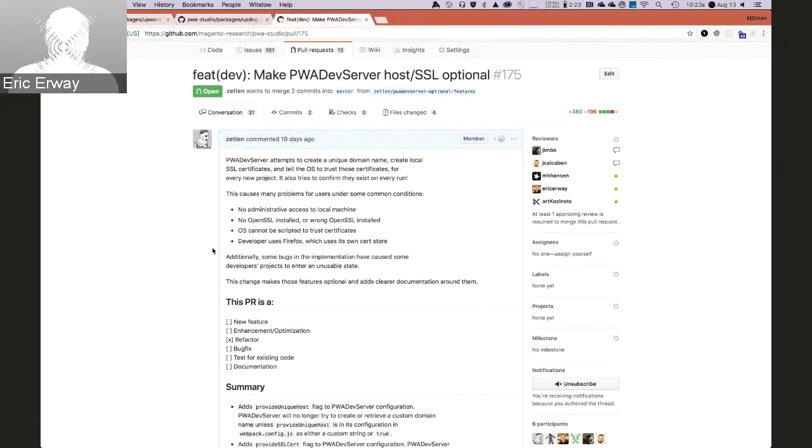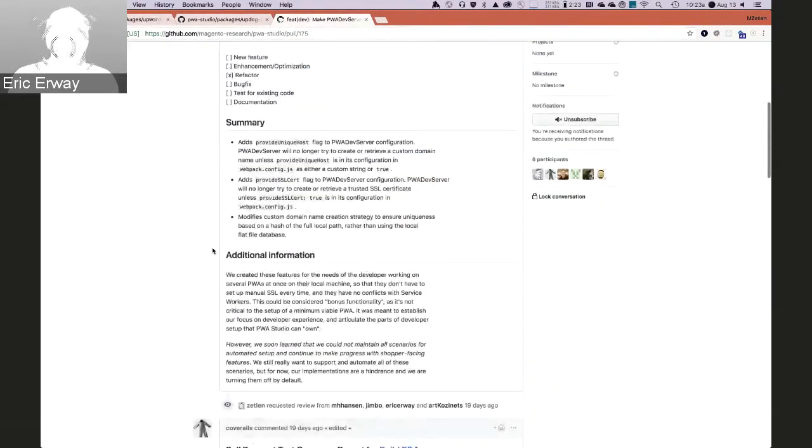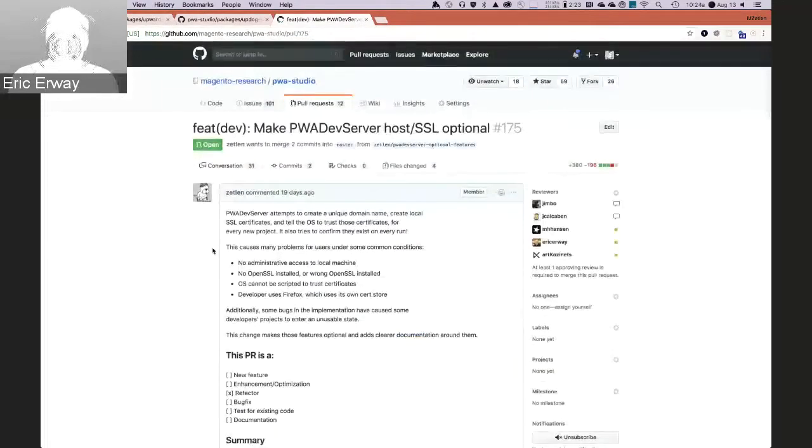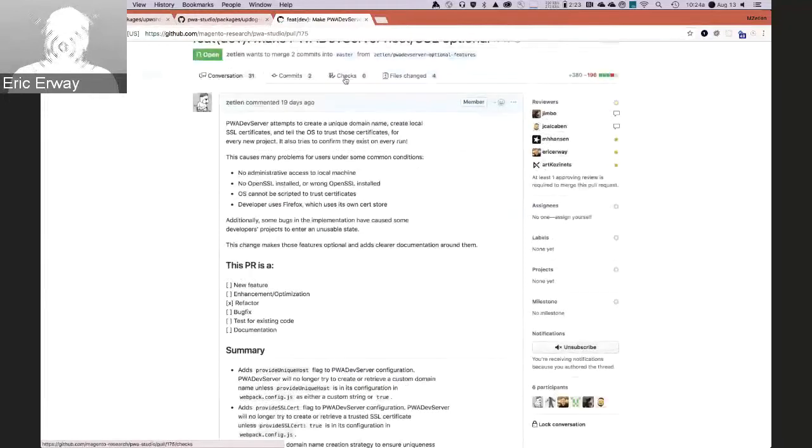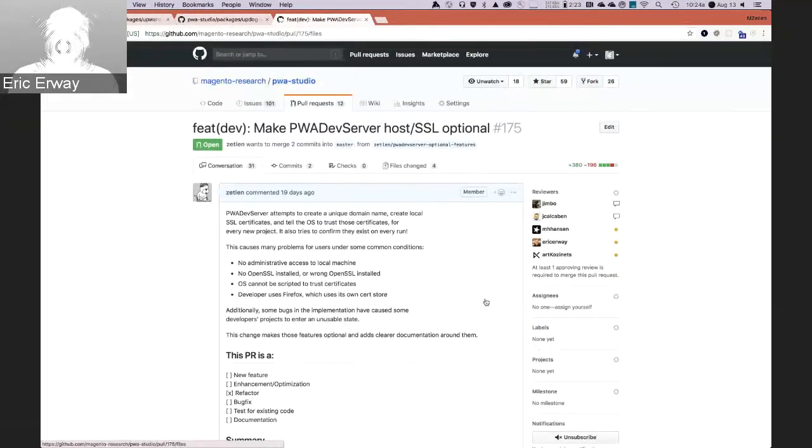And in this pull request, not only do we make those things optional and turned off by default, but we also have much more consistent documentation regarding it. Okay, let me see if there's some README stuff. We have much more consistent documentation regarding it, and I'm not sure if that's going to be